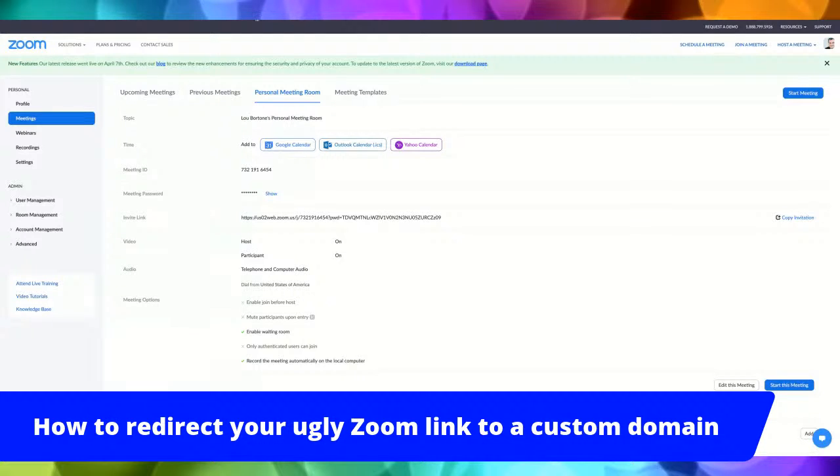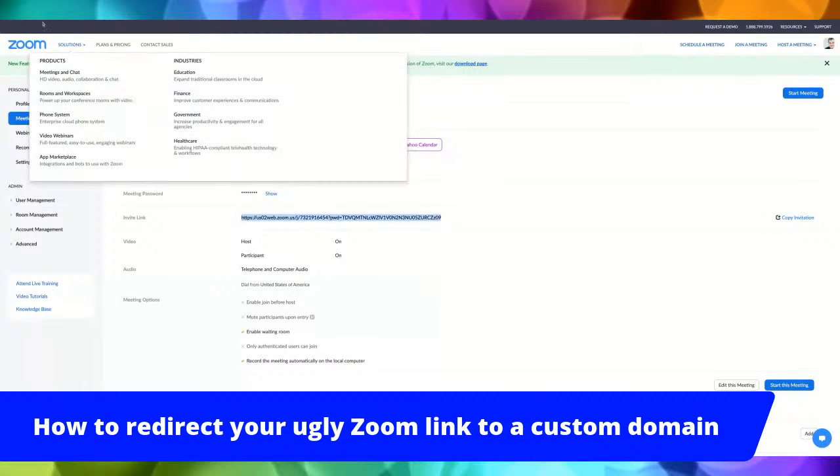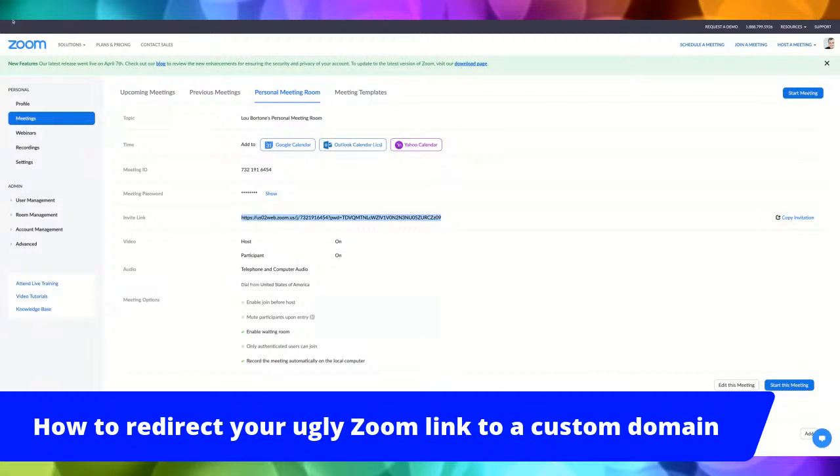Let me go to my Zoom here so that I can highlight that a little bit and show you. So this is the link that Zoom gives you to invite people to your Zoom room. Nobody is ever going to remember that. I mean, you can copy and paste it, you can send it to people, but you're certainly not going to recite it to people. So what we do instead is create a custom domain and point it back to this